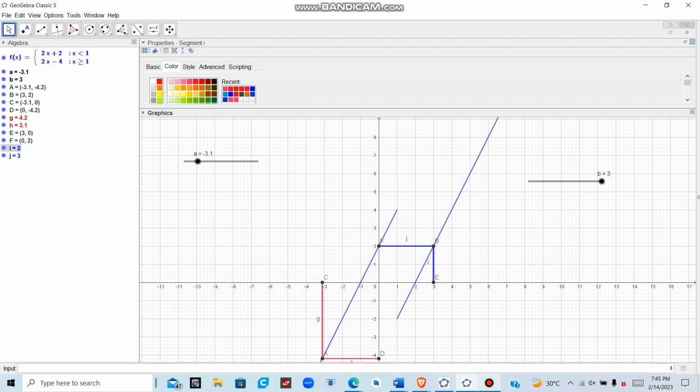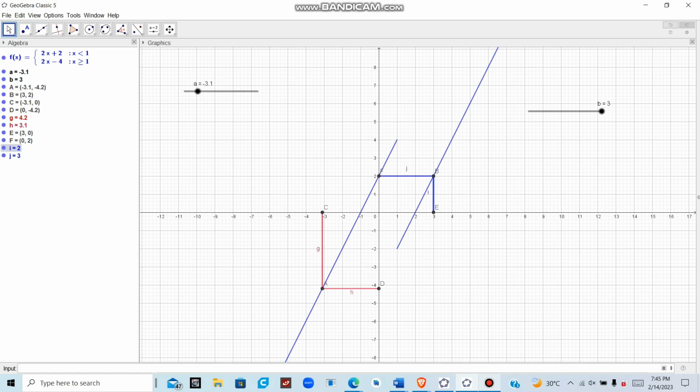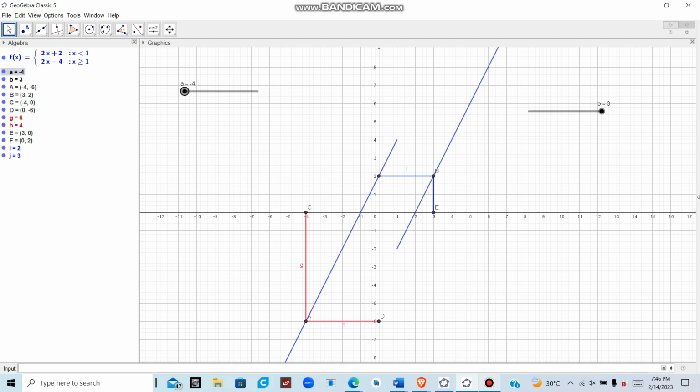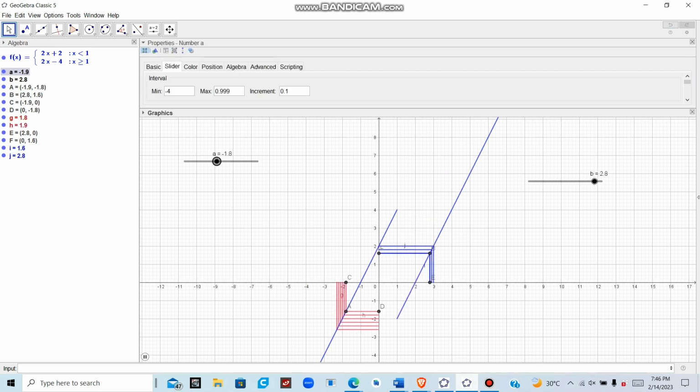So you can click here and close it, and then let's apply the animation to see how things are going. So now let's apply the animation. We right click on the slider and then go to animate on. So you can see that